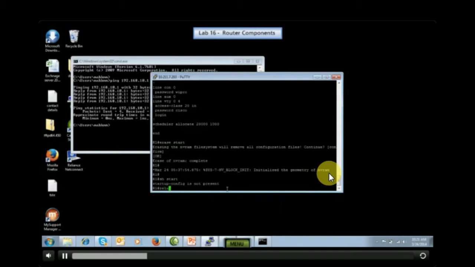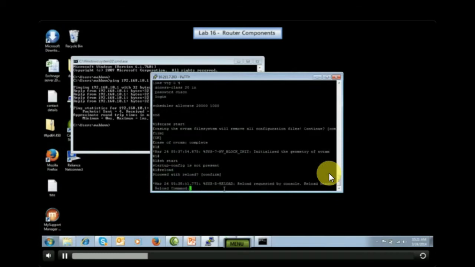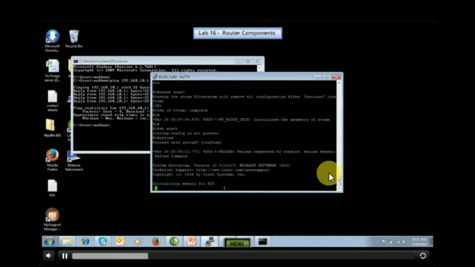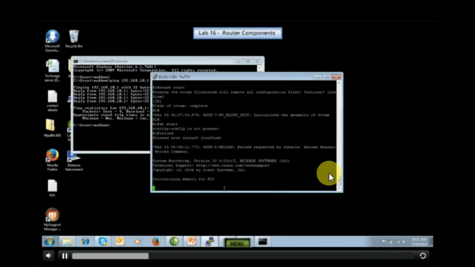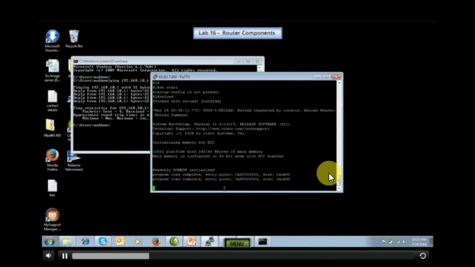Reload. It will ask about saving the configuration that is in the running configuration. Now I am reloading the router after erasing the startup configuration. In the worst case, suppose I make any changes in the startup configuration and it is creating an impact on the production environment. I need to remove that configuration and reload with my original configuration.